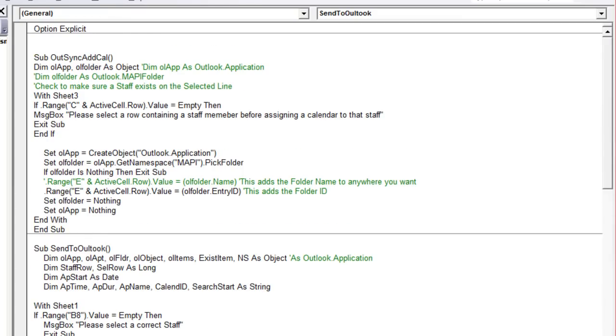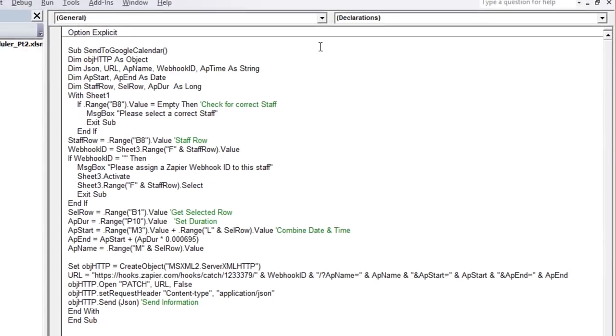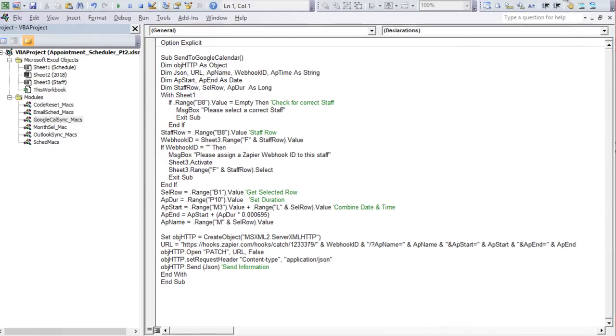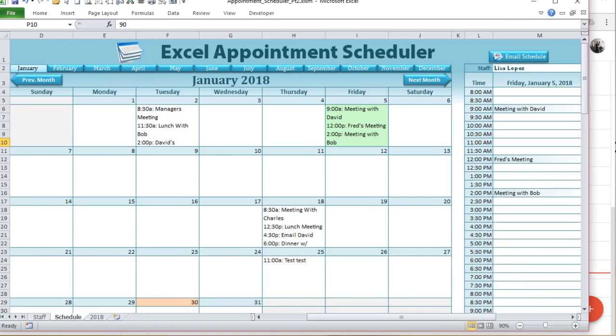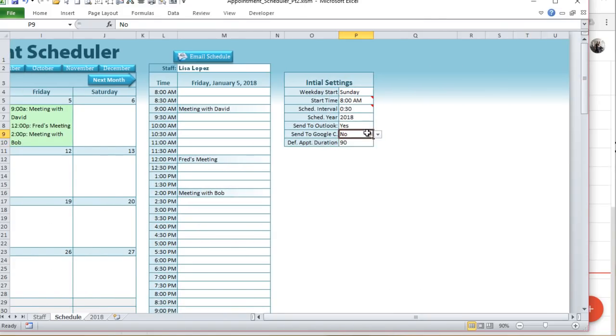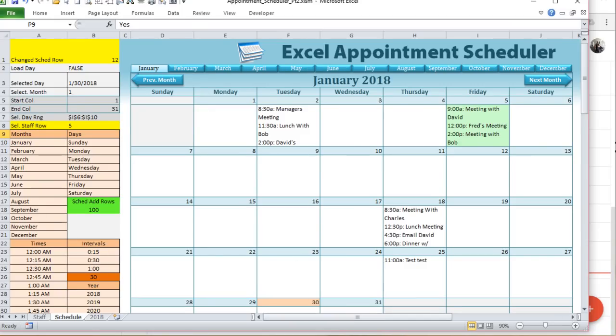Okay, so next up we're going to be moving to Google Calendar Sync, and this is a little bit shorter code, with something we've gone over before using Zapier, or Zapier, I don't know how you say it, but let's go ahead and do that. Let's go ahead and add it to Google. First of all, why don't we go ahead and send to Google? Yes. Okay, and now let's go into Google Calendar,